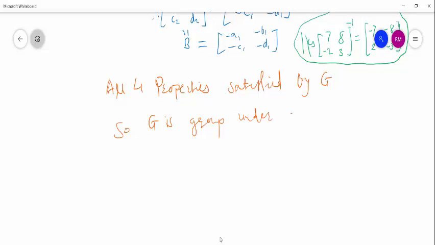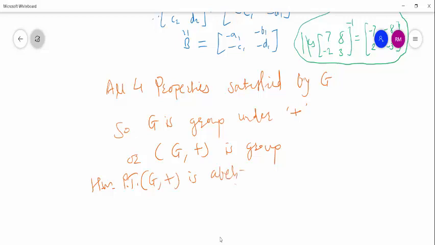under addition, matrix addition, or we can say G plus is a group. Moreover, it is an abelian group. It means it satisfies the commutative property, meaning A plus B equal to B plus A. Then we can say it is an abelian group. So this is homework. Prove that G plus is an abelian group. G is defined in the previous example like that. That is the set of 2 by 2 matrices.